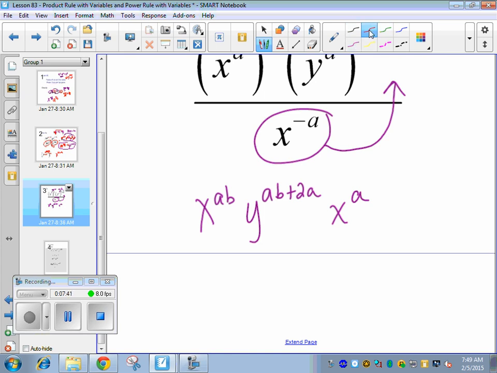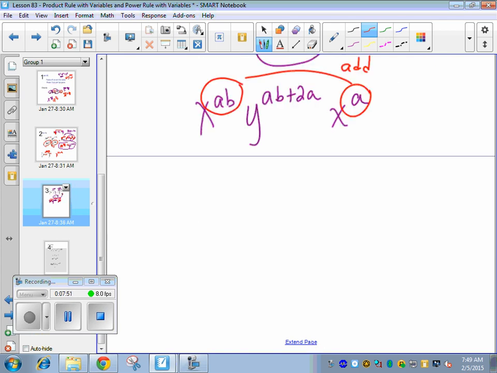So if they have the same base, which is x, what do I do with these exponents? We add them. Okay, are those like terms? No, so they don't really add, but we can write them as 1, which is ab plus a. And then I have my y. And my y stays the same, so ab plus